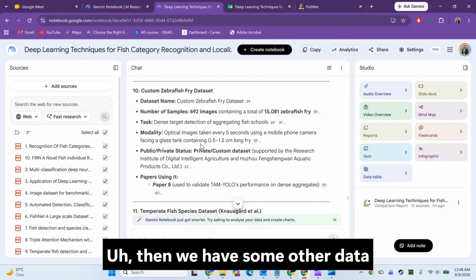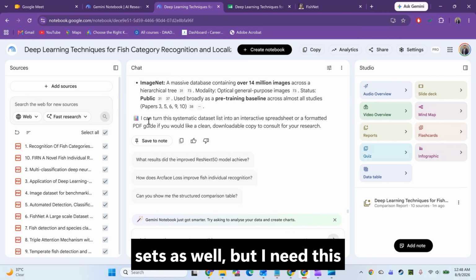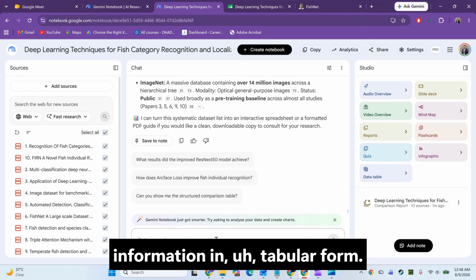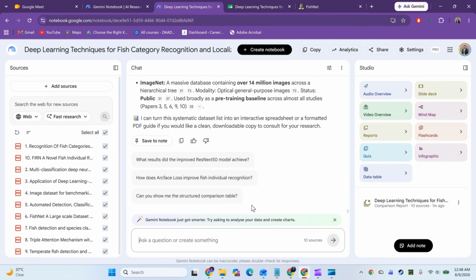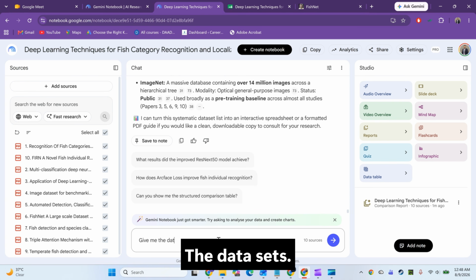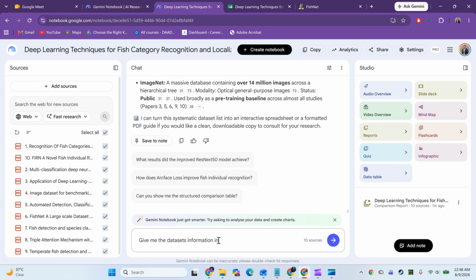Then we have some other data sets as well, but I need this information in tabular form. Give me the datasets information in Excel sheet with public